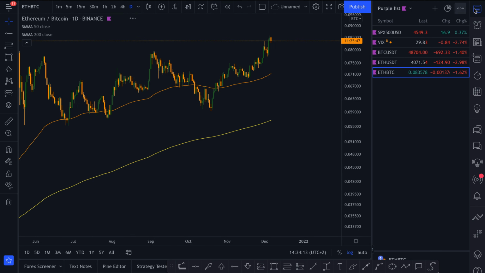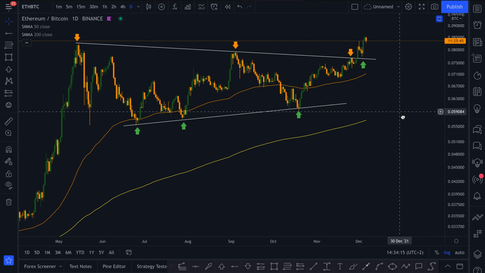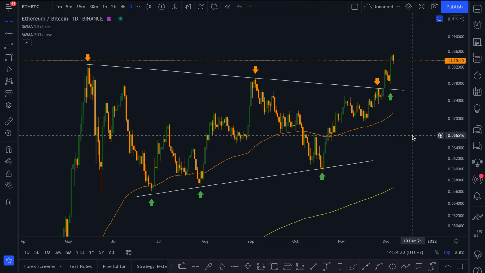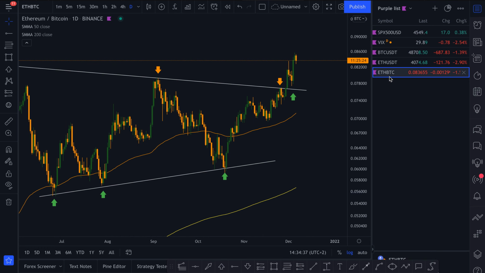Now, lastly, why I believe alt season may be starting. This is a chart that you can see right now of Ethereum against Bitcoin itself. And right here, we can see that Ethereum has broken out of this bullish correction pattern against Bitcoin. Now, what happens when Ethereum is more bullish than Bitcoin is? Well, it's very simple. Alt season tends to begin. The alt season means altcoins will grow. Ethereum is an altcoin, Bitcoin is not an altcoin, but anything except for Bitcoin is an altcoin.